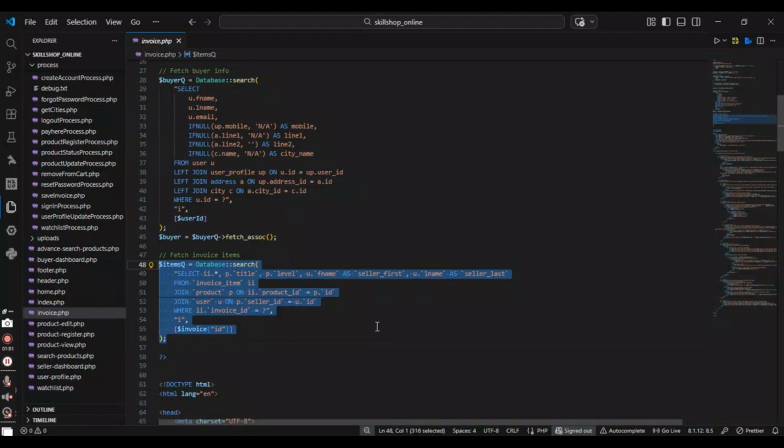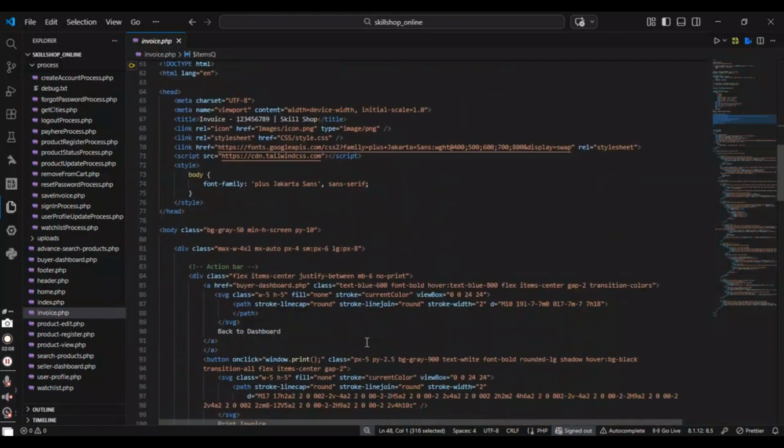this query retrieves all purchased items in the invoice. It includes product title, level and seller information. Each item is linked using the invoice ID. And here,